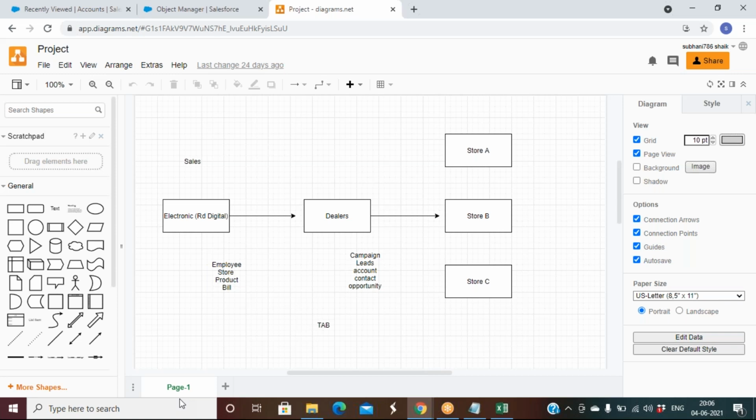One is admin, without writing code. Are you writing any code to create an object? Have you written any code to create an app? No, right? That is called admin. That is called configuration. Configuration means you are not writing any code. Whatever functionalities your customer is expecting in your project, if you are not writing any code, that comes under configuration. If you are giving a solution without writing code, that is called admin and that is called configuration.